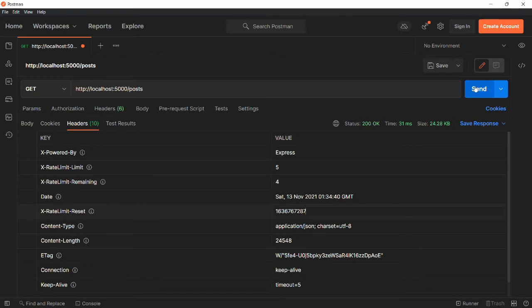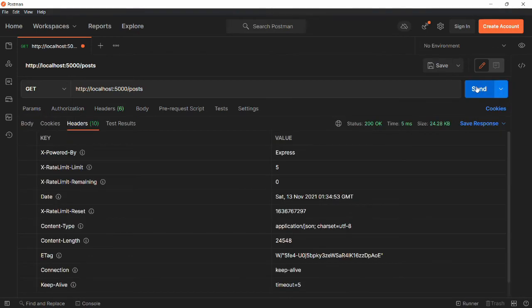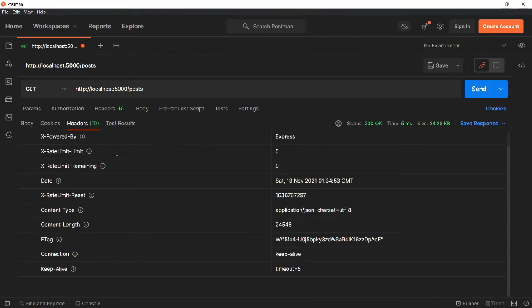So if I hit send again, now it's 3, now it's 2, now it's 1, and it's 0 now. The X-RateLimit-Reset is basically our time frame. So after this particular time, the cap on your requests will be reset. So for our application, this value should be 10 seconds after this date value.